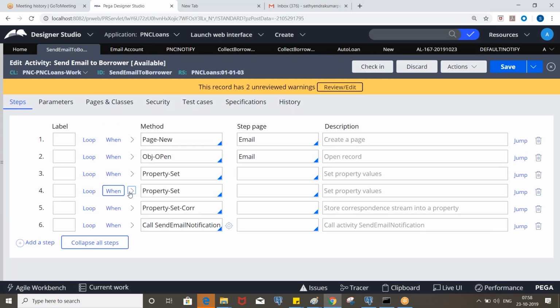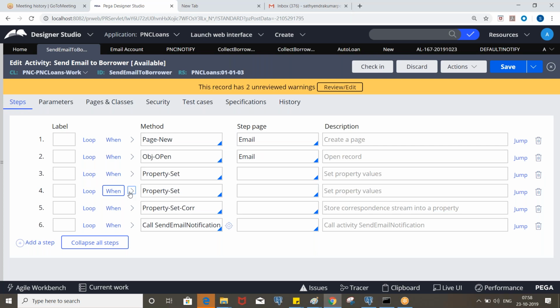Now we can include the same email in the SLA pass deadline, where we have the action option. We can call the send email notification activity, put the number of events as 3, and see how many times it is sending an email.